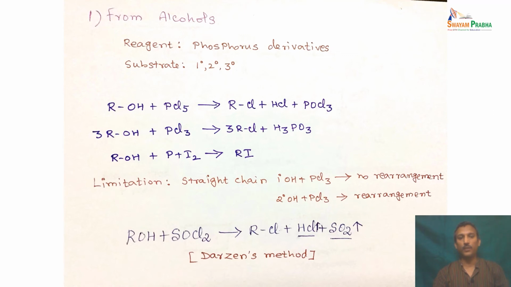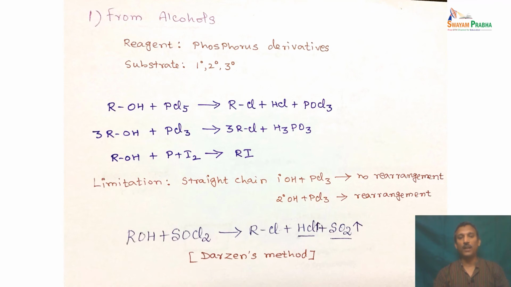So the alcohol reacts with the PCl5 to give the alkyl halide and hydrochloric gas and POCl3. Three molecules of alcohol react with the PCl3 to give three molecules of alkyl halides, and H3PO3 acid is formed in that reaction. And in the case of iodine, we don't have to use PI5 or PI3 because they are highly reactive substances. So phosphorus and iodine can be used to produce the reactive species,